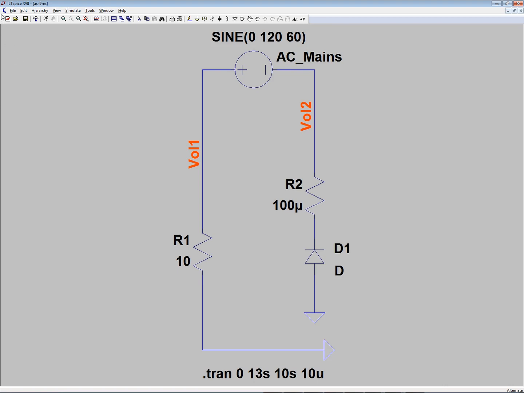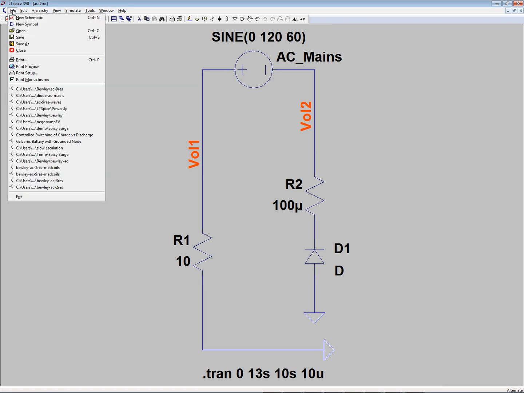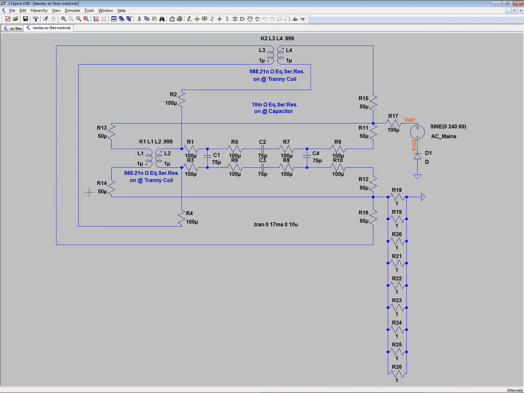No, this is not it. Wrong file name. Let's see. Where are we? Here we go. So I had all these resistors in parallel here, and it boosted the amps in LT-Spice,